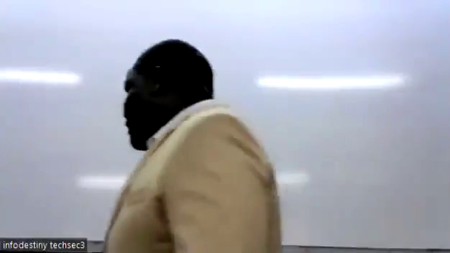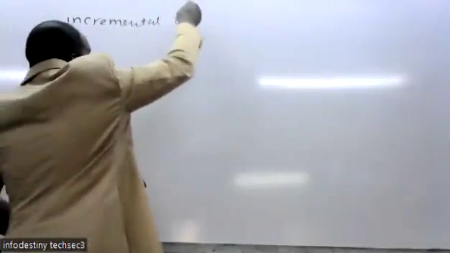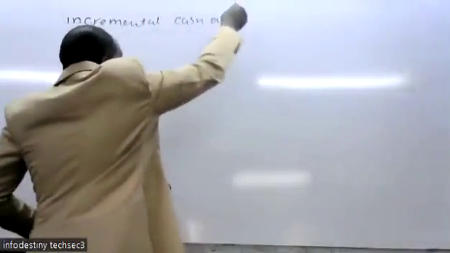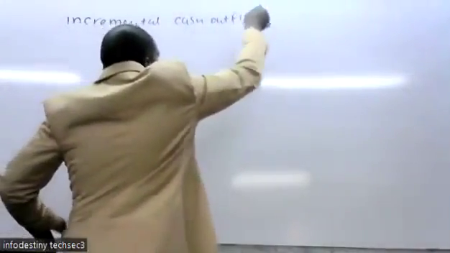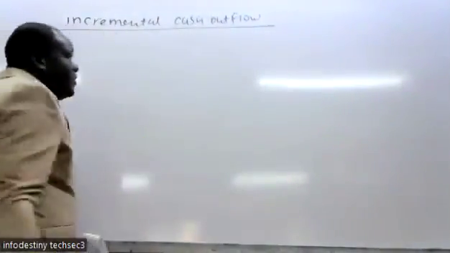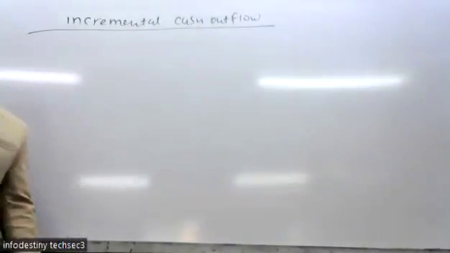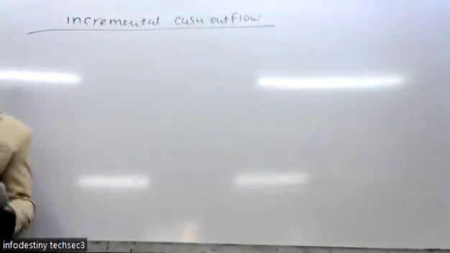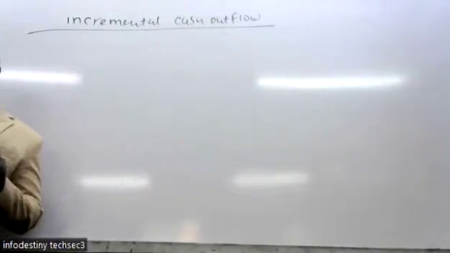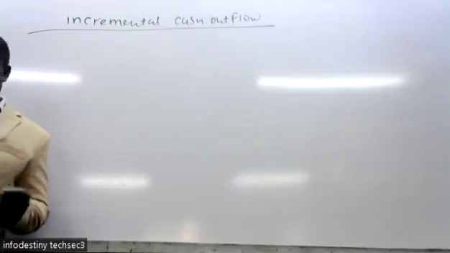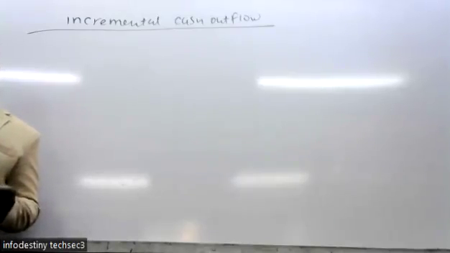To get the incremental cash outflow, there are only 2 items in this question. We start with the initial cost